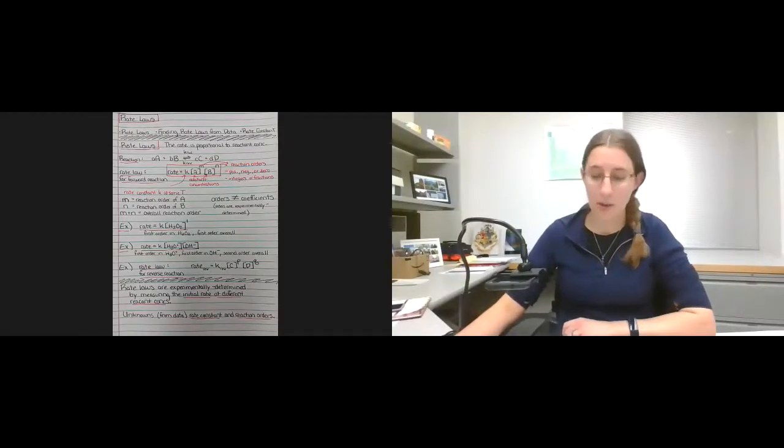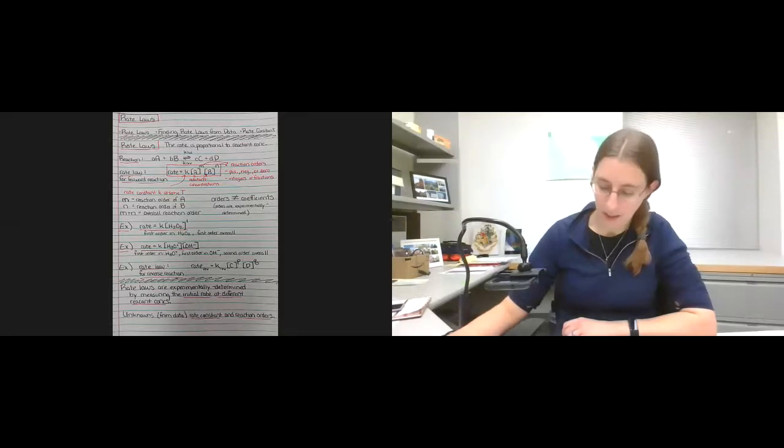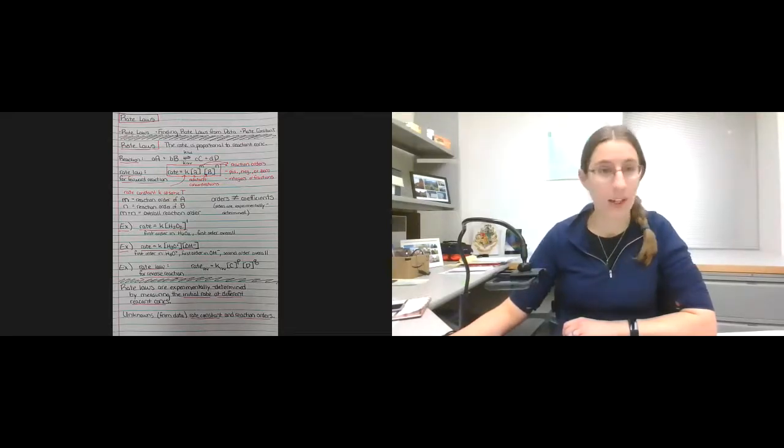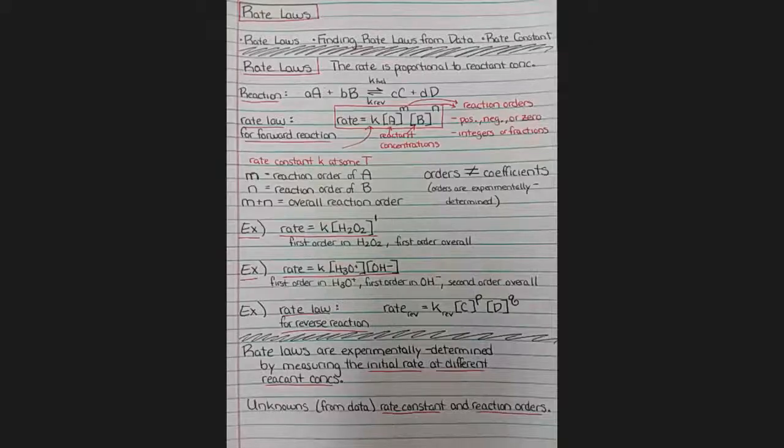This is the second video about rate laws. In the last video, we talked about what a rate law is and what the different parts of it are. And in this one, we will look at a data set and talk about how to derive a rate law from a data set. So the last thing we talked about in the last video was that all rate laws are experimentally determined, and